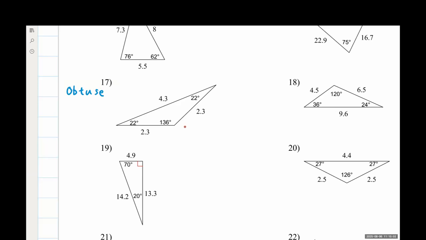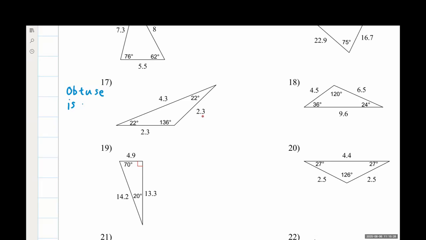And now we can look to the side length and see what we can get from there. What am I noticing about the side lengths with this? Yeah, it's an isosceles triangle. I have 2 of the side lengths that are the exact same thing as one another. And that is my giveaway from our definitions that I have an obtuse isosceles triangle. So I can write that in.